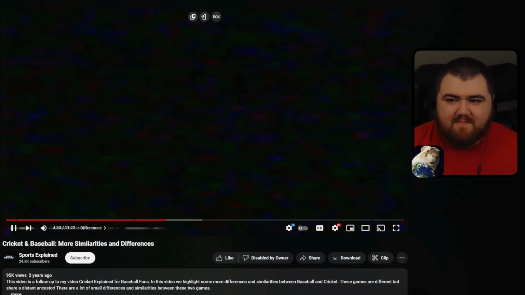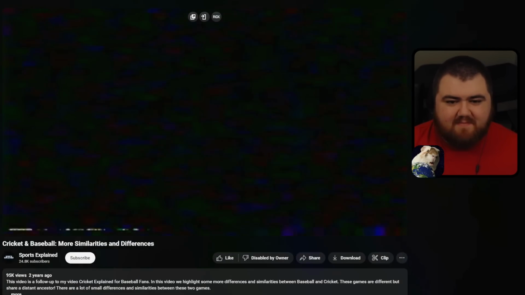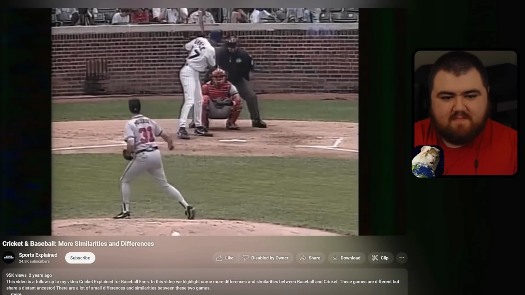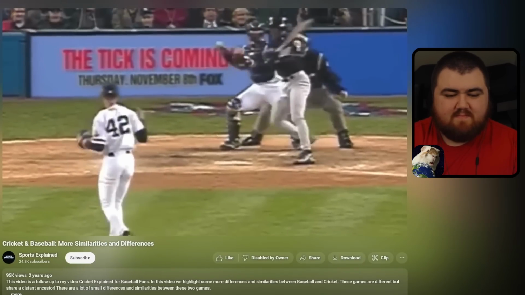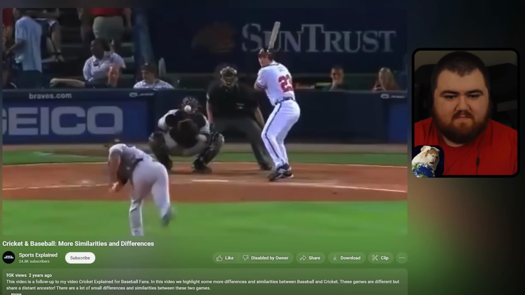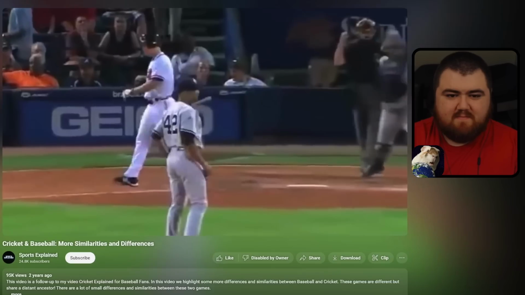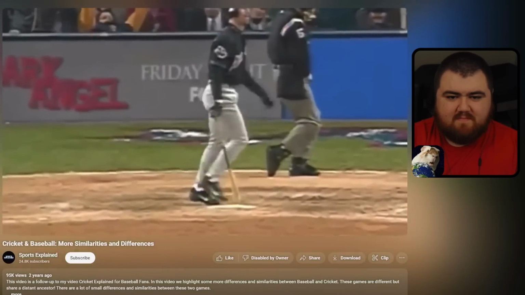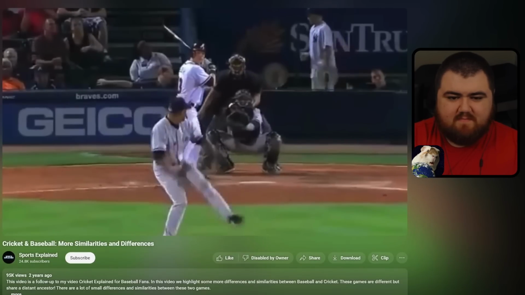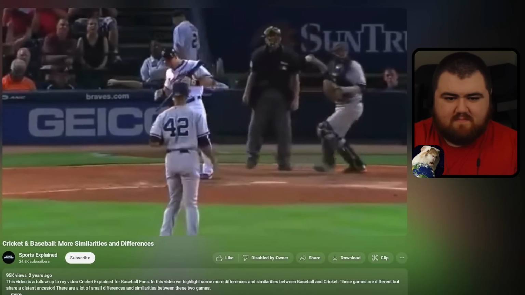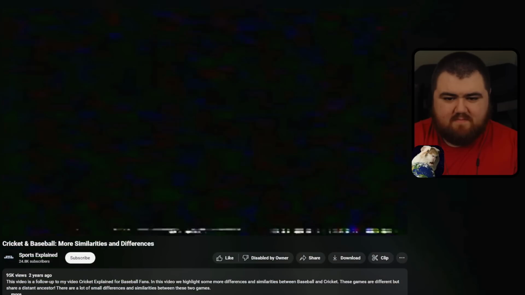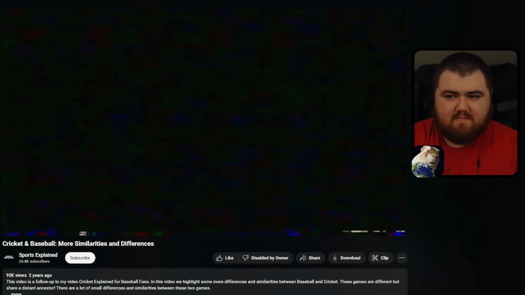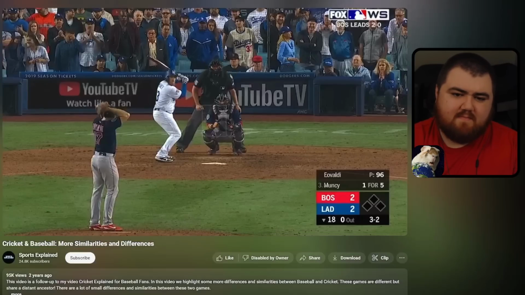In baseball, it's much more common to identify or classify a pitcher by the role they play on the team. Starter, closer, setup man, long reliever, etc. I mean, even someone like Mariano Rivera, who was known for basically throwing only one style of pitch, you wouldn't call him a cutter ball pitcher before you called him the closer for the New York Yankees. Another similarity between the two games is that baseball and limited overs cricket deal with ties basically the same way.